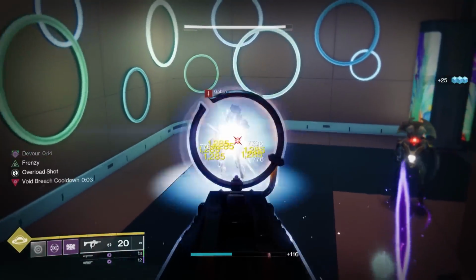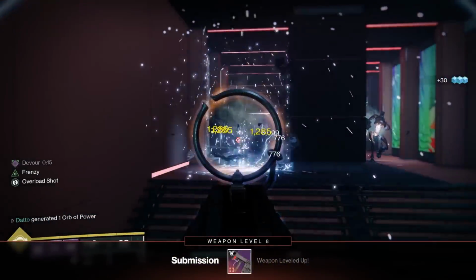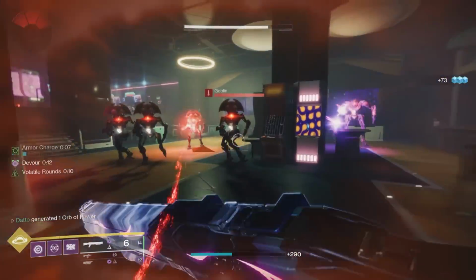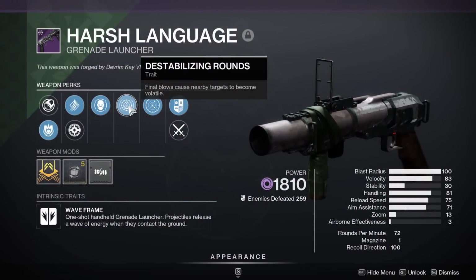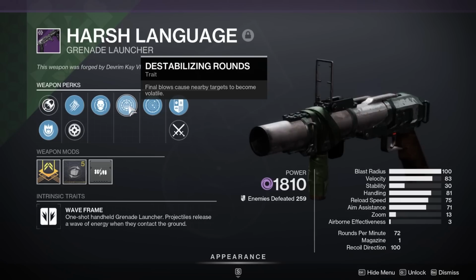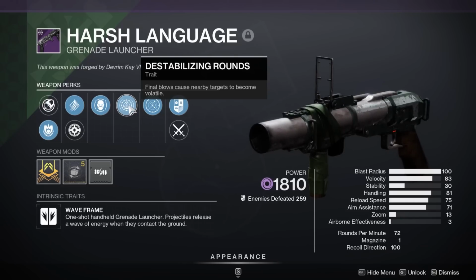Hero's Burden is the only primary, so far anyway, that can get the perk. I'm sure we're going to see it in the future on other primary weapons. So what does the perk actually do? It makes it so when you kill an enemy, they explode in a small radius, and anything that explosion hits gets turned volatile. If you think about it, it's basically just the perk Incandescent, but it's purple and has no